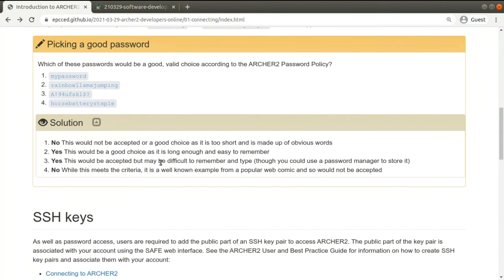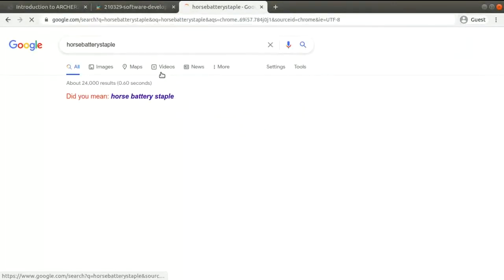There is a question asking if we can just choose any password now. Yes, when you first log into ARCHER2, you need to use the one-time password, but then you need to update the password, and you need to choose a password that you will remember, or a password that you will save in your password manager. But the joke, if you copy that into Google,